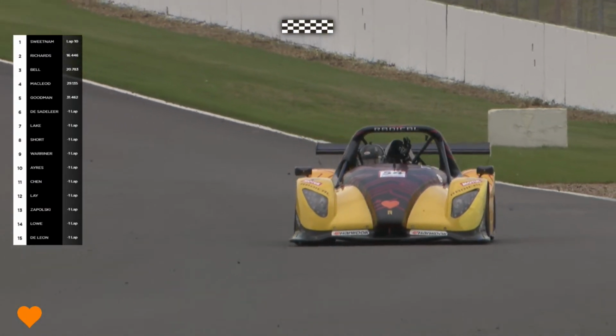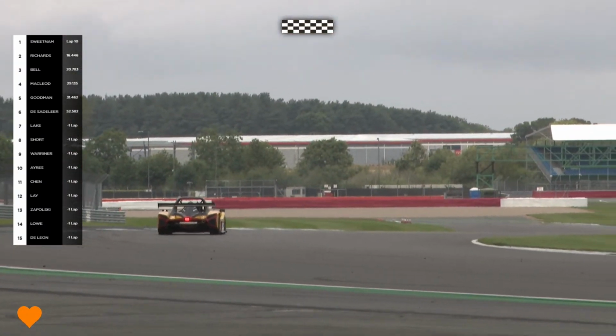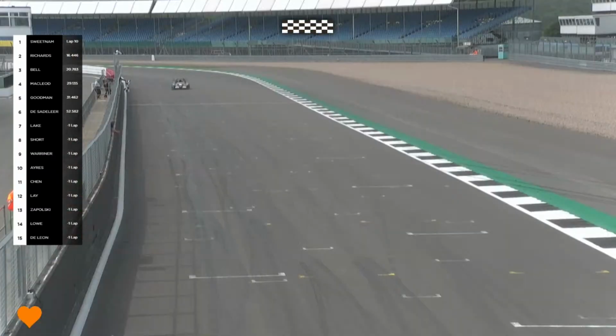Not the best of races for Jerome De Sadler, who was looking to try and close the gap on his main championship rival, Matt Bell, in that race. But for that man there, perfect win for James Sweetnam. Had to work his way through some traffic and would ultimately move up from 7th position to claim the win. But he will be